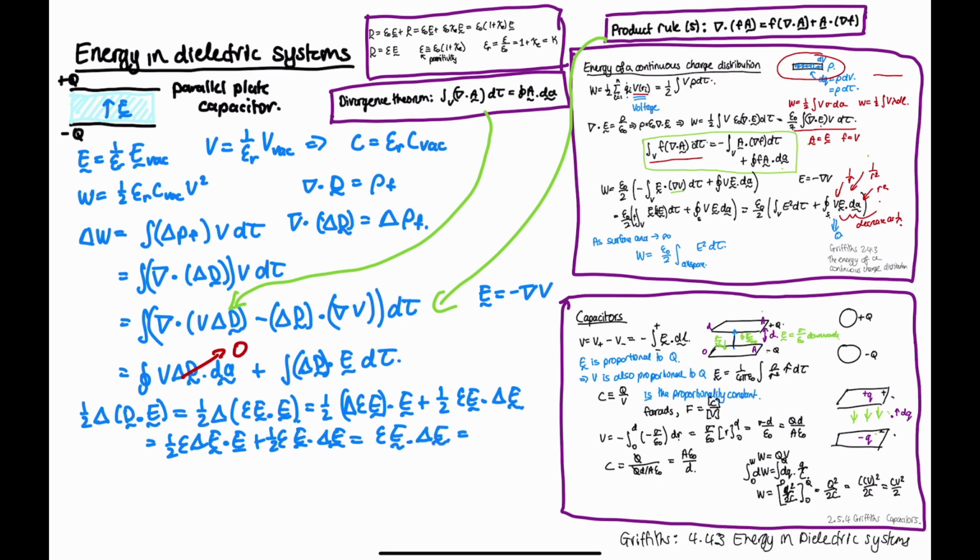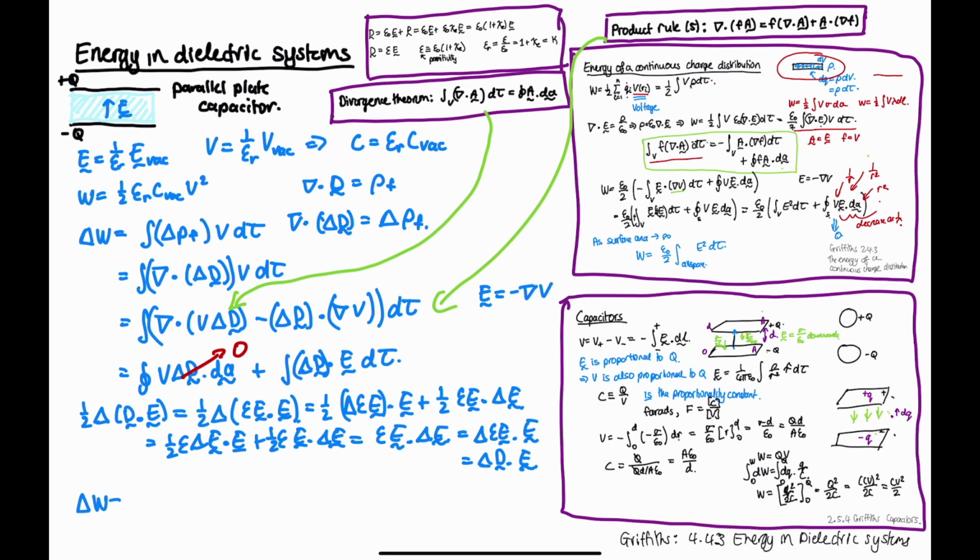But we can put our epsilon in front of our E, and so we can write this as delta epsilon E dot E, which from up here, this thing is just delta D. So this is equal to delta D dot E. Okay, and why we did this was that this is now this, so this lets us replace this with this. Okay, so we've got that